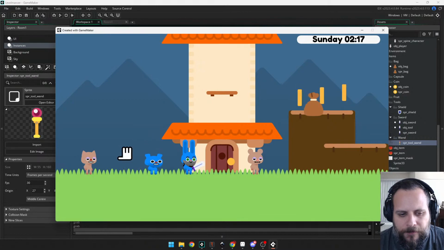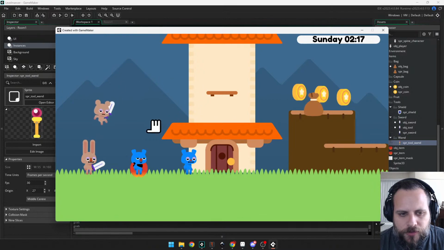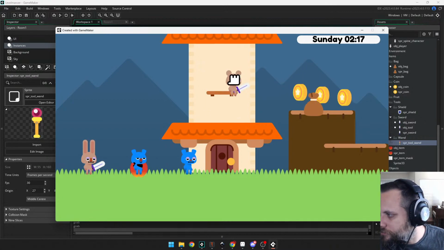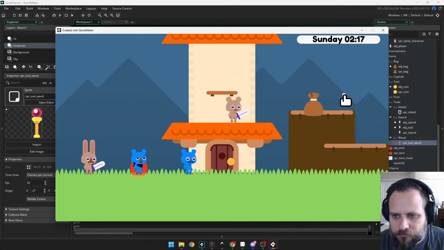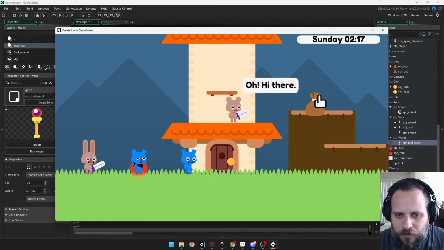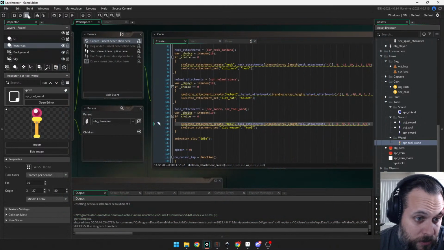Oh yeah, and if I look, if they don't have a sword, I can click them and give them a sword. Oops, I accidentally coded that in. That's nice. They'll twitch out. There's some animation stuff going on. Okay, so